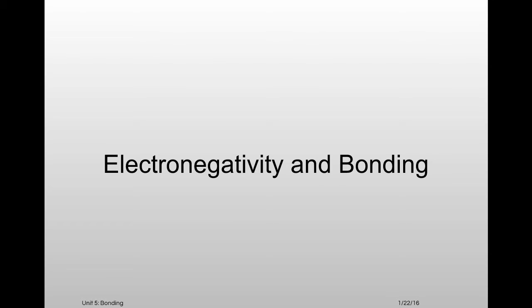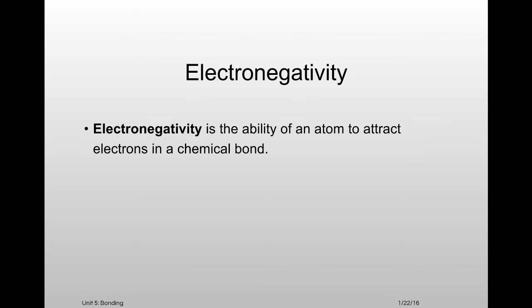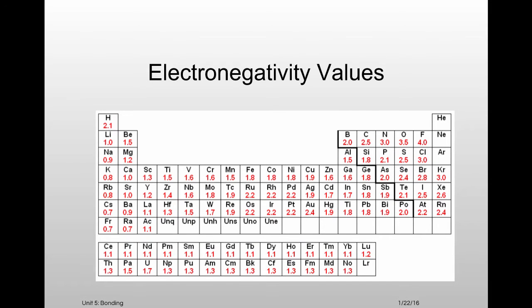Hello class, this lecture will be on electronegativity and bonding. As you remember from our study last unit on the periodic table, electronegativity is the ability of an atom to attract electrons in a chemical bond. If we look at the periodic table and remember what we learned about the periodicity of electronegativity, we'll see that